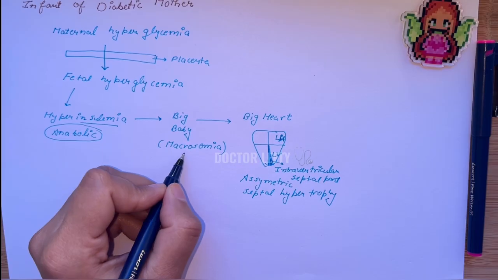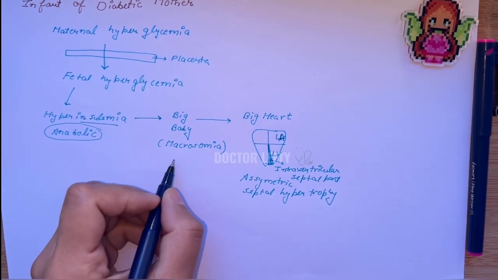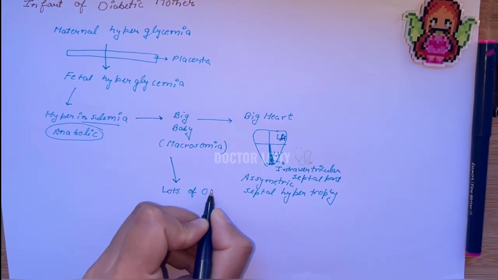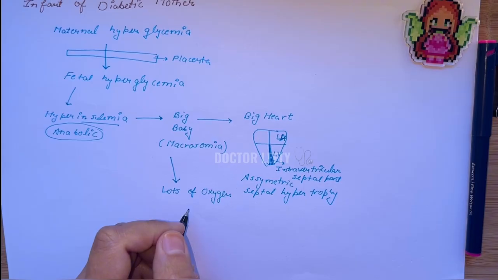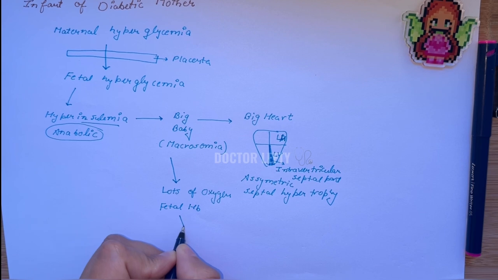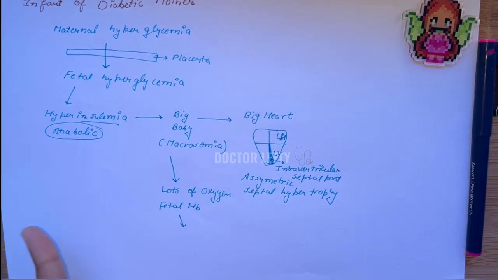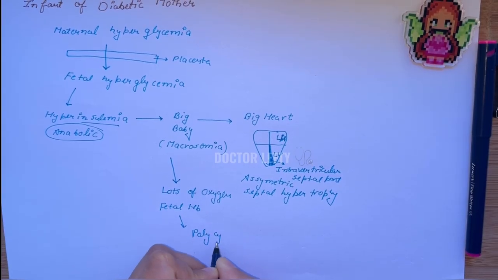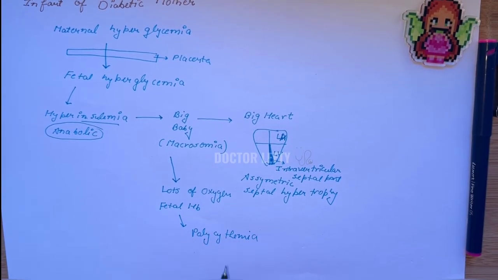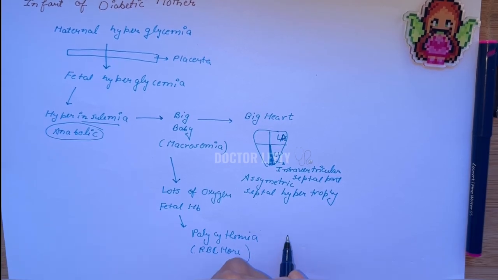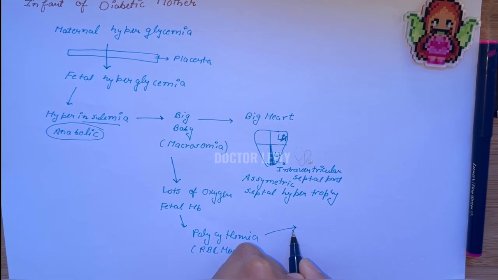Now after this, come here. So here we can see that the big baby will have bigger tissues and they will require a lot of oxygen to function. The specialty of fetal hemoglobin is that it does not readily release oxygen to tissue. So to compensate for this, the baby will produce more and more RBCs. The medical term we call it polycythemia, because the tissues are bigger, so they need more oxygen, but the supply of oxygen is less because of fetal